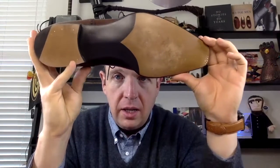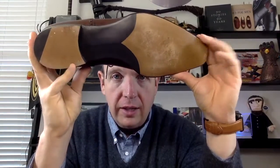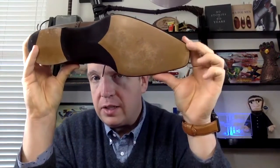Has some really nice nails in the heel. Has a fiddleback waist, and has 2 rows of nails in the toe. Okay? Very small heel. Now, the reason that I think that it's from Crockett and Jones is because this heel